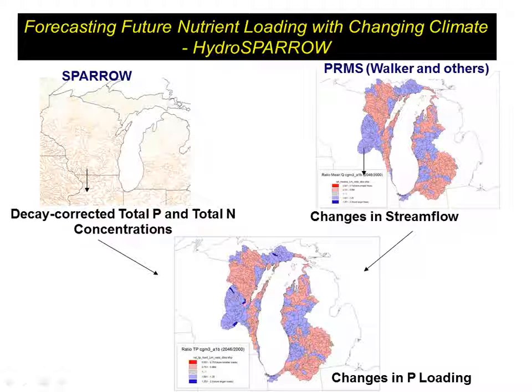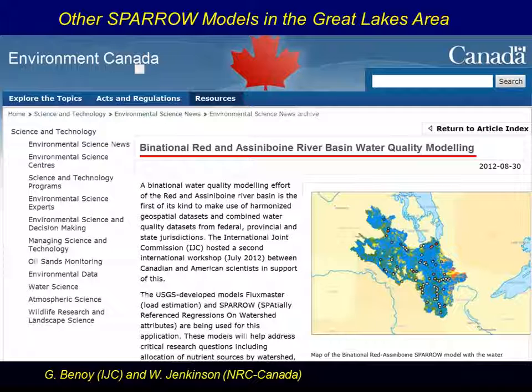One of the things we want to do now is look at individual sites, because we can do that based on our PRMS modeling. We can go to the mouth of the Fox, let's say, use the daily output and see if that agrees with what we're coming up with in SPARROW. So we can look at the fine scale daily changes in precip based on the models and also look at this more crude scale and see if the two approaches agree. So that's where we're going there.